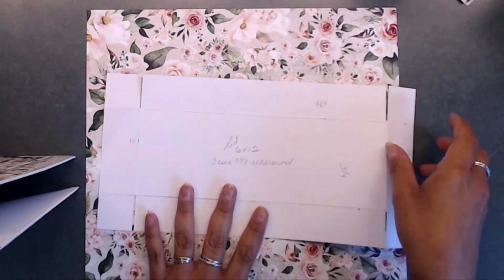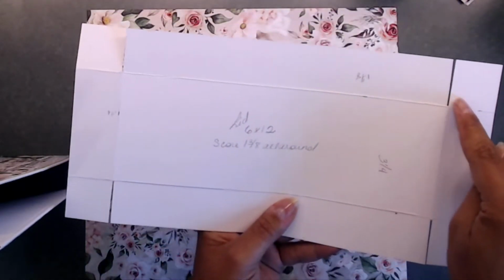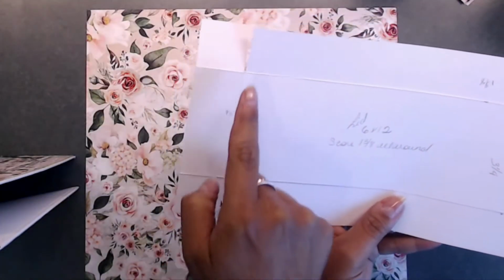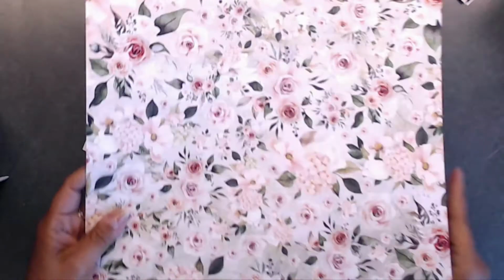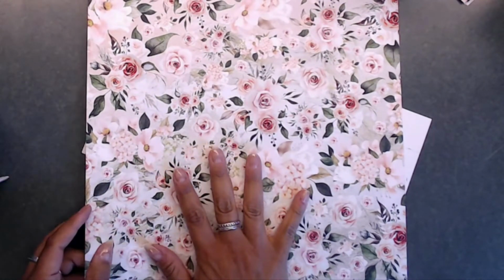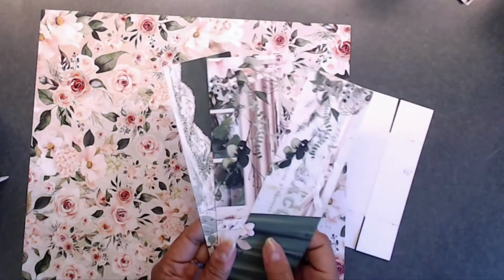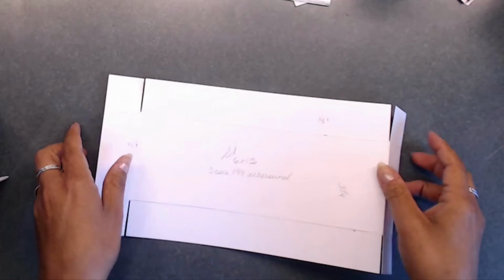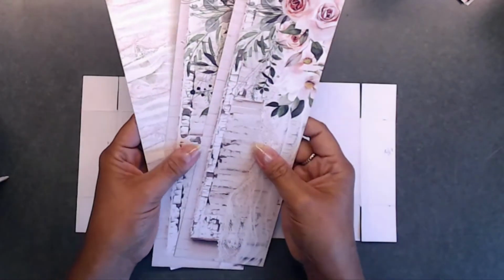Once you get this cut out, okay, you're going to go ahead and cut. I cut right where the score lines are, or on either side of the little score lines, and so I have already done that, okay. And then you should have some strips left over that you can go ahead and create your lid, okay. So you could cover the top and all that